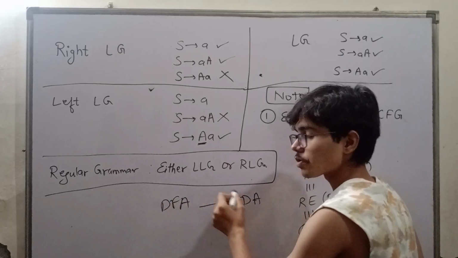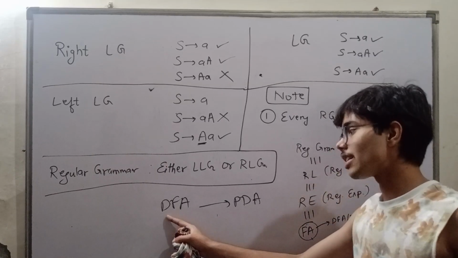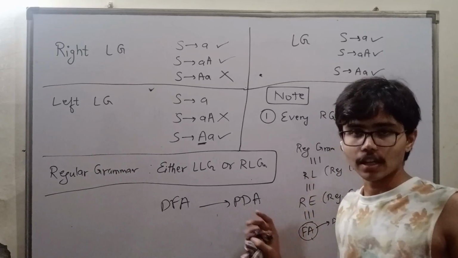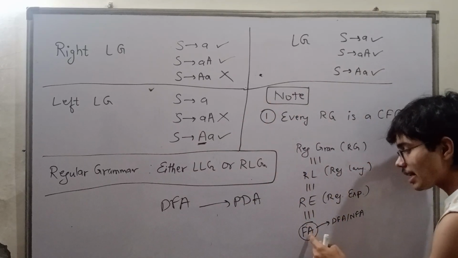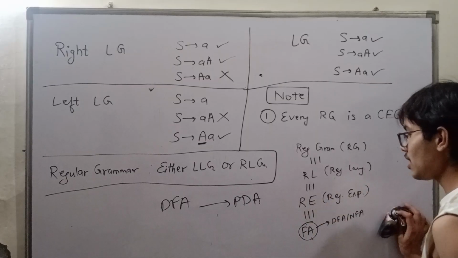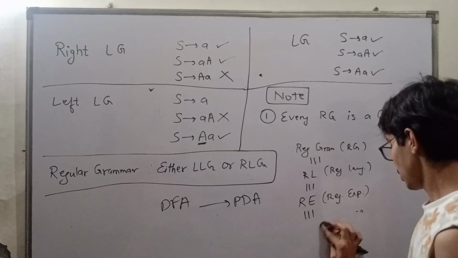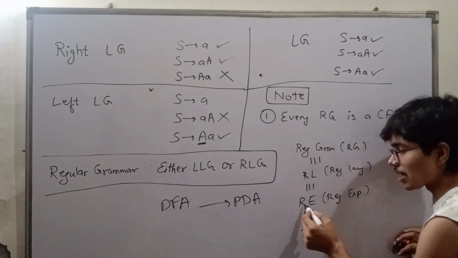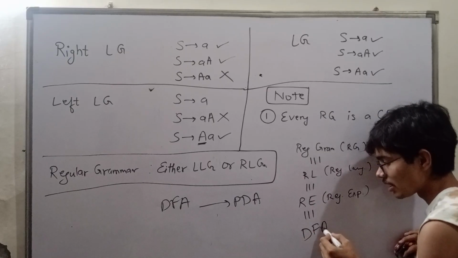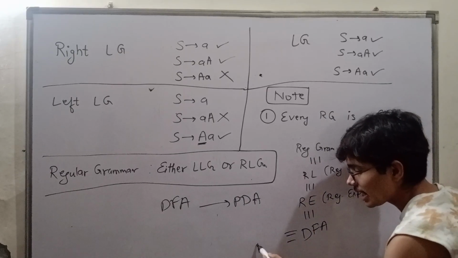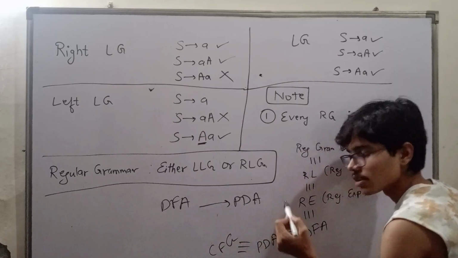And when we solve this question, keep in mind that I convert every PDA into DPDA. What's the procedure? We talk further. If you talk about regular expression, a regular expression can be converted into a DFA, then an equivalent PDA can be made, and for every PDA an equivalent context-free grammar can be made.